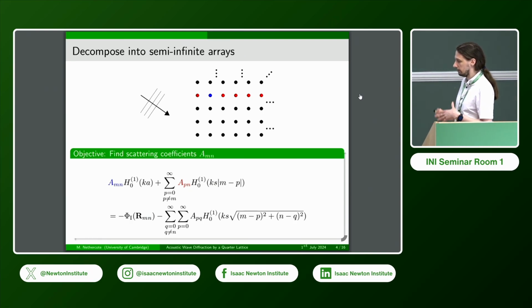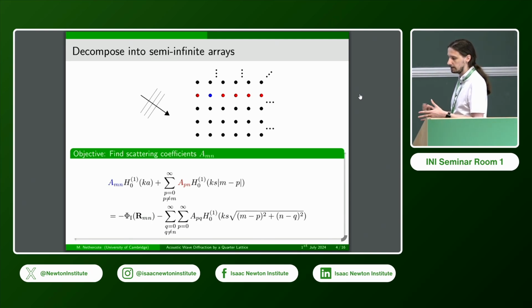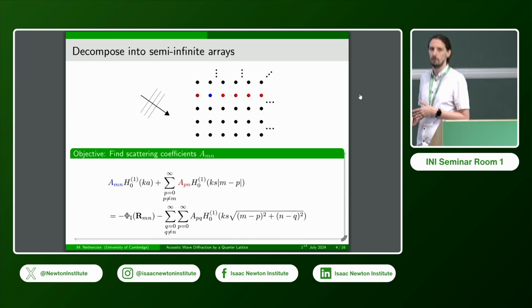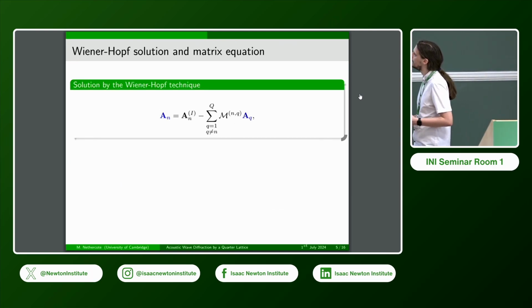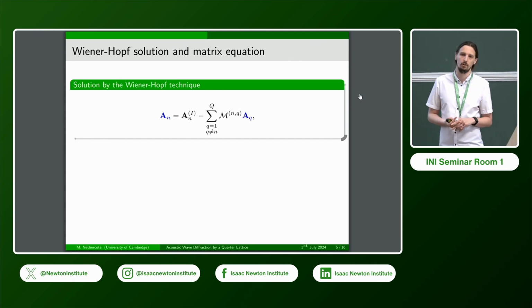As I mentioned, we use the discrete Wiener-Hopf technique here, and in the interest of time, I'm not going to go through all the details, but suffice to say that the procedure is not that much different from what was used for semi-infinite array problems, and this was described in those two papers that I mentioned earlier. The only real difference is that here we've got this extra term to deal with, but it's not that much more difficult. But long story short, in the end, we can write the solution in the form of an